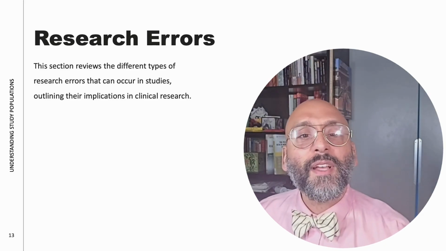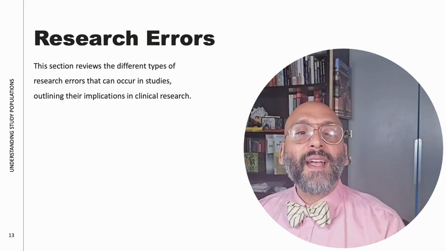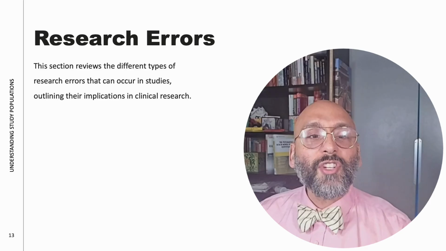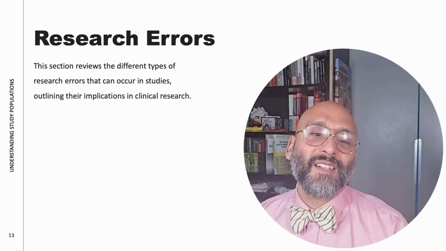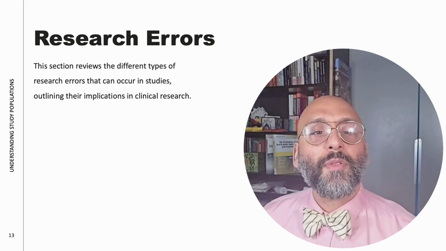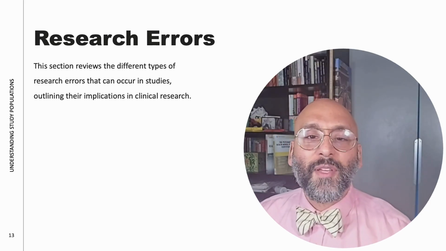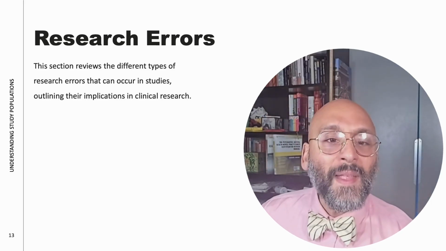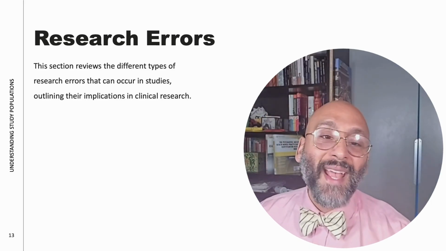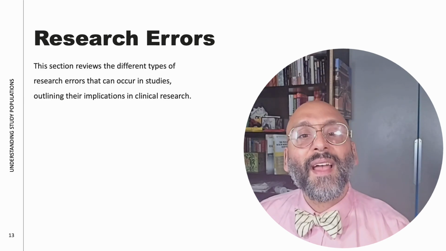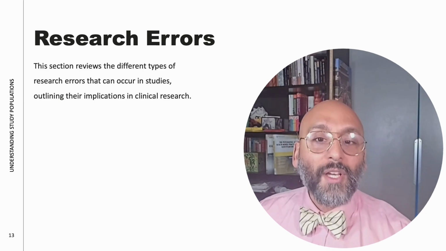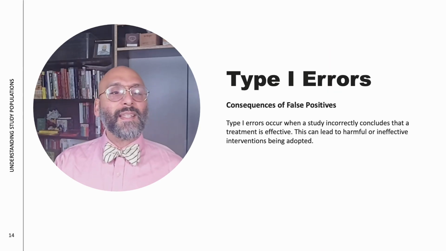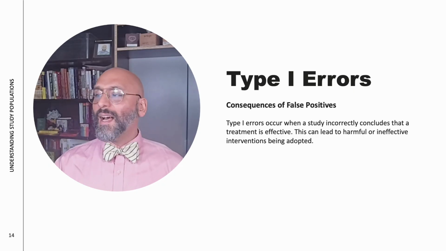So in psychiatry, where outcomes are subjective, effect sizes are small, and placebo response is high, research errors have outsized clinical consequences. The next slides will walk you through the main types of errors step by step. The goal is not to memorize terminology, but to recognize patterns of failure that should make you pause before accepting any conclusion. So if you can identify how a study might be wrong, you're far less likely to be confidently misled by it. A predictable way that studies can often mislead when you're reading them.